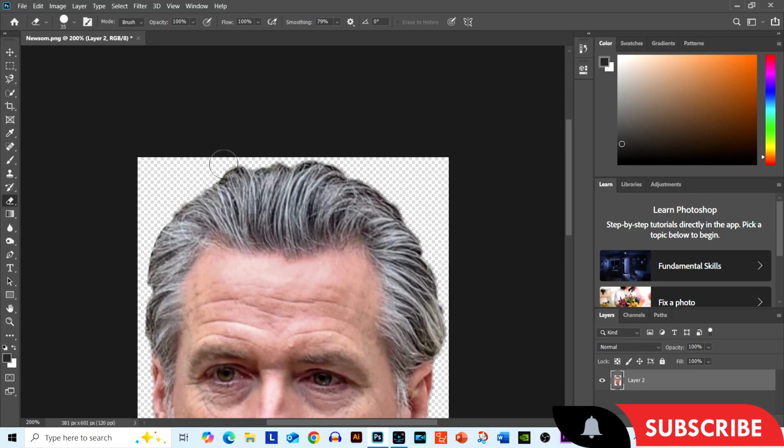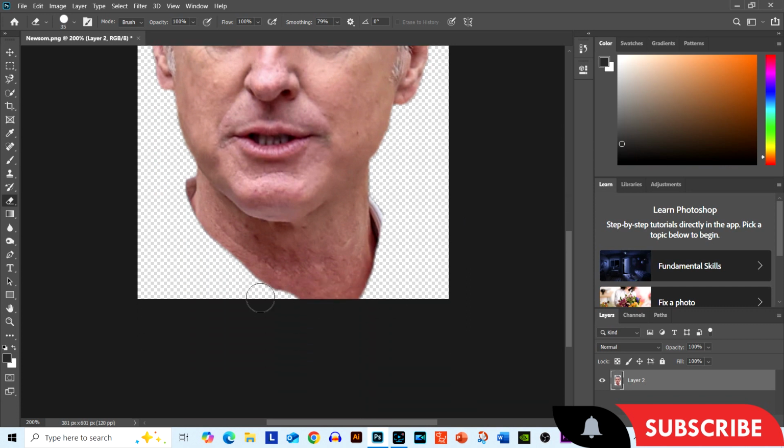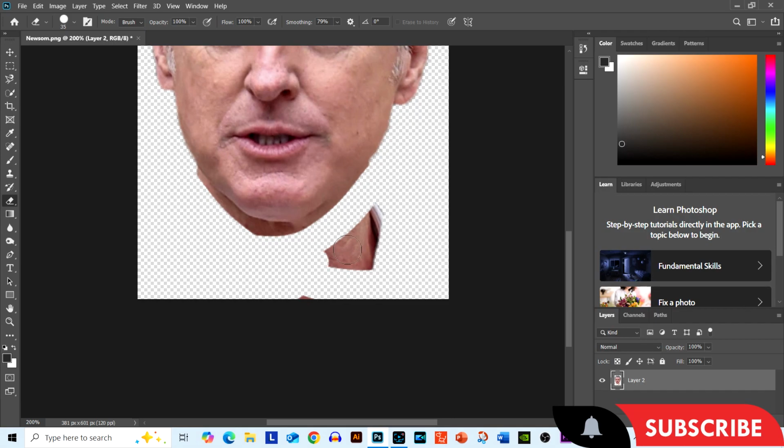And up here doesn't look that great. I'm just going to cut this back a little bit. And we'll make this a little rounder as well. So just go around the edges. Remove some of that color there that I don't like. And it looks good so far. Now I need to get rid of his neck and stuff and just really clean up the face. Make it usable. You can see there's just way too much here, so I'm just roughly doing this. I'll pay more attention to detail in a few seconds.